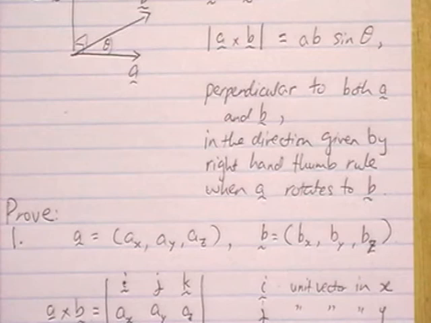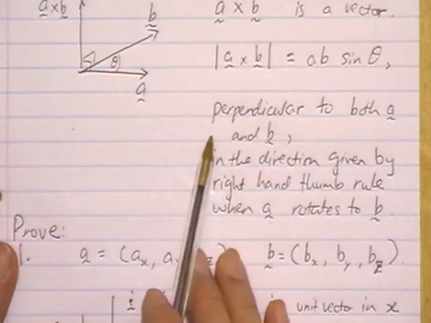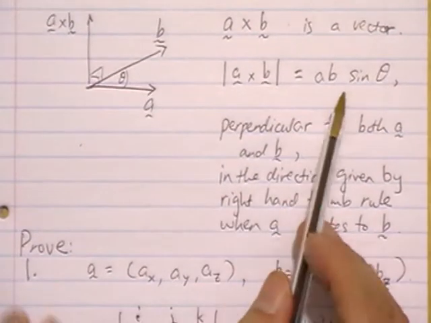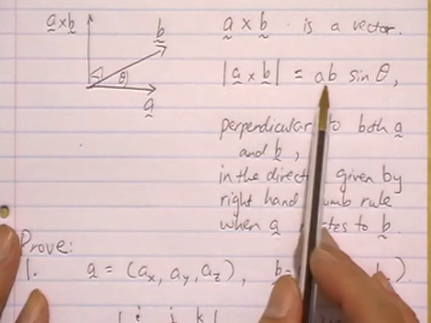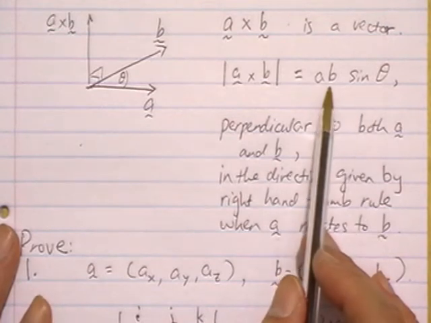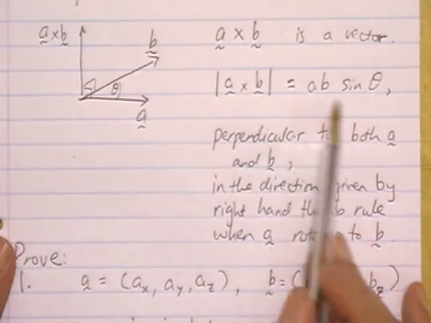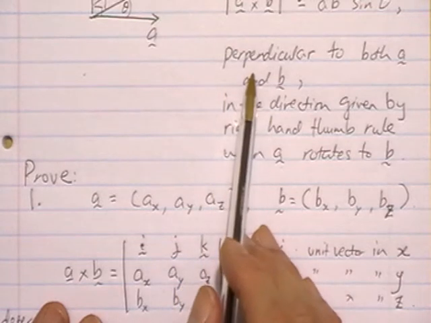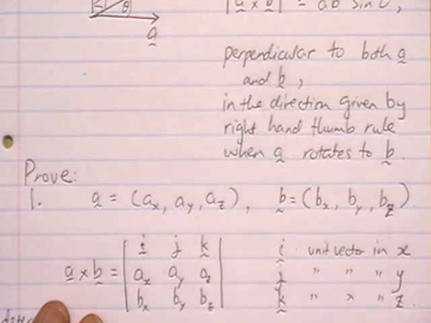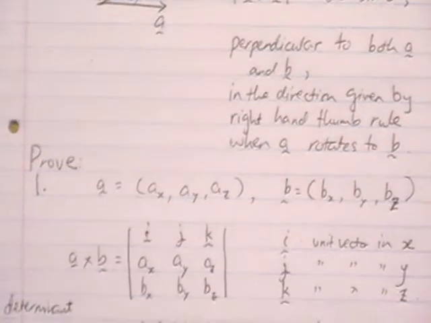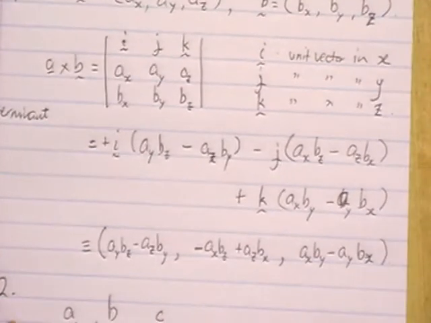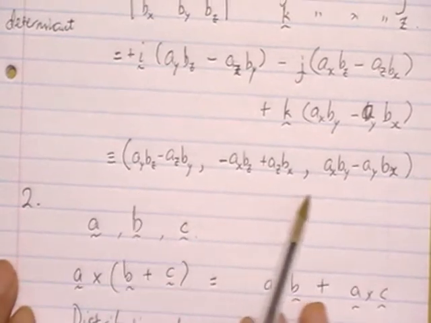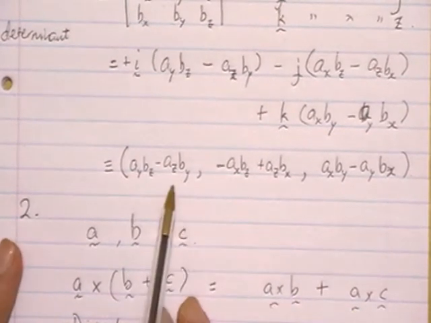Now recall the definition of the cross product. It is defined as a vector that has this magnitude, and its direction is defined to be perpendicular to both of the vectors. Now the plan for proving this formula, or if that's more familiar, this formula is to first